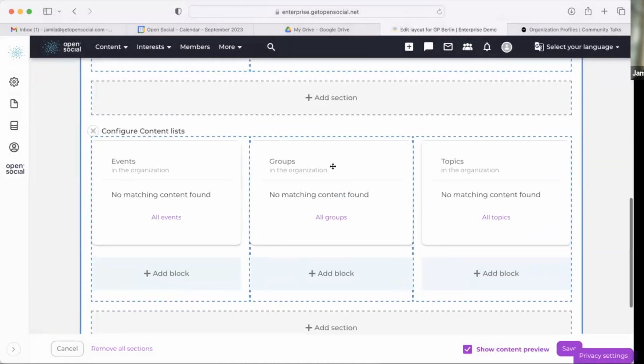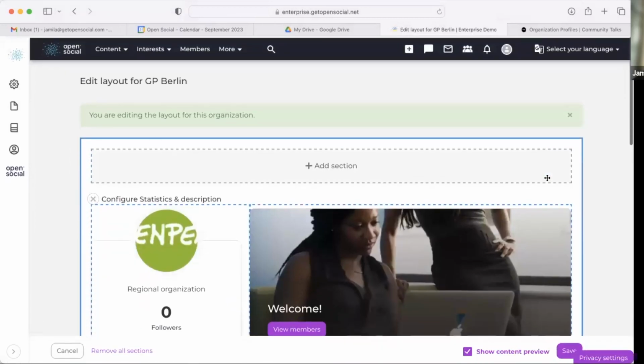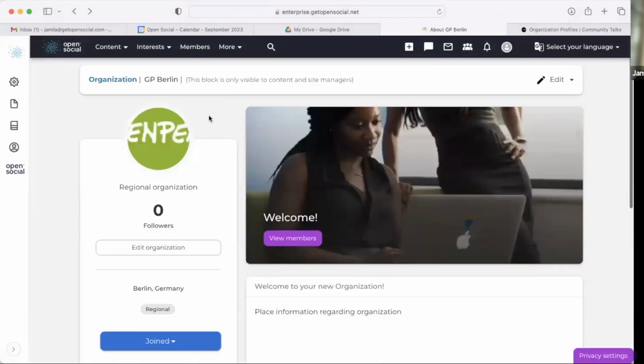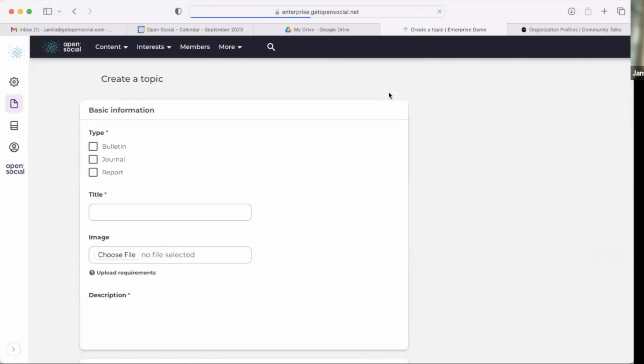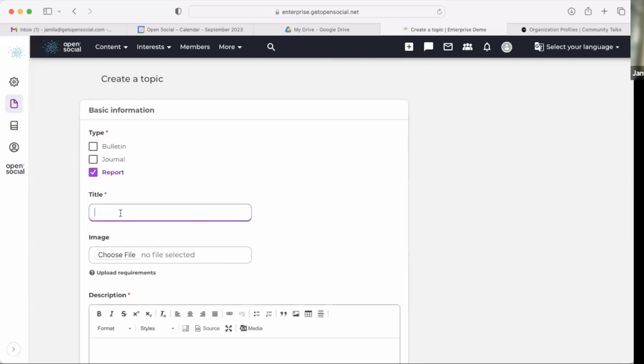What is now also special is that groups in the organization, topics in the organization, and so forth. How do you then create that? That means that when you're creating a topic, let's say you want to report,